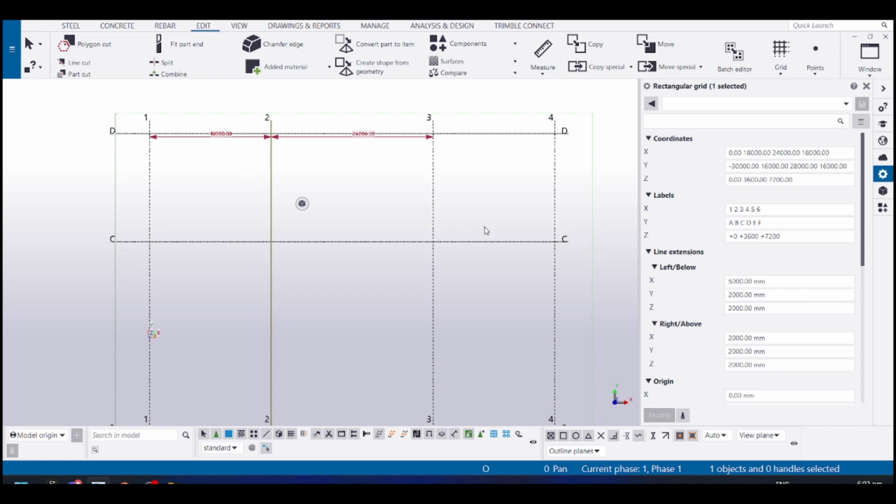You can also, one of the ways to do that is you can also go to